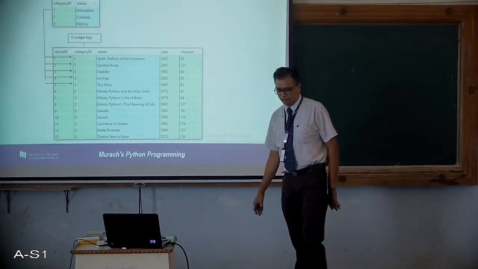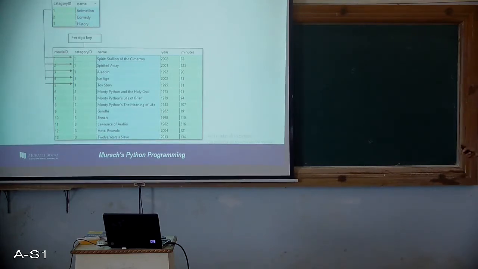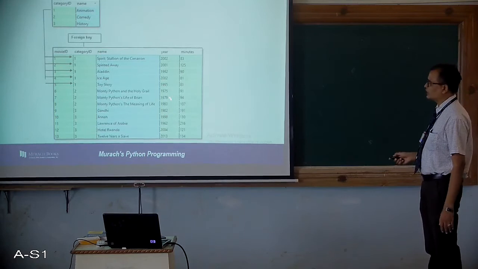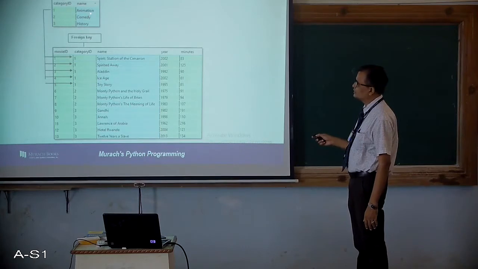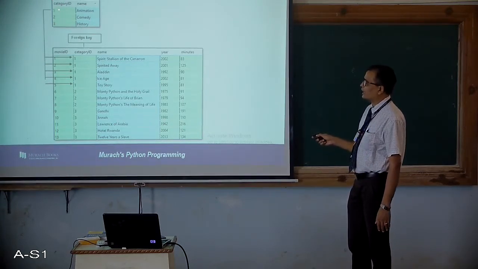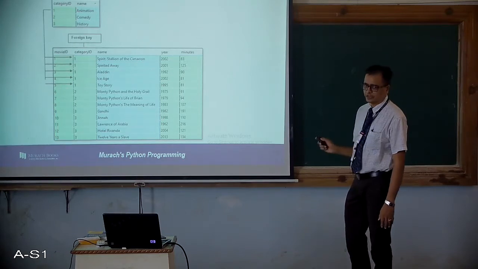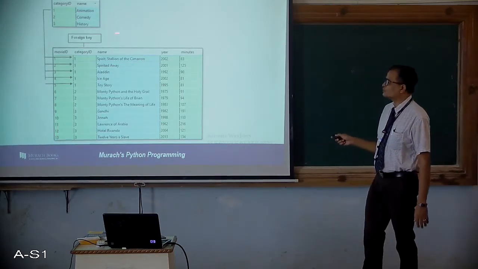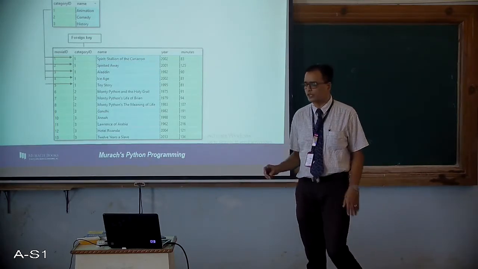So what is RDBMS? This one example would help you to understand what is a relationship between two tables. We have two tables here. One is the category table, another is the movie table. The category table contains three types of categories, 1, 2, 3, identified as category 1, category 2, category 3, and the name given to this particular field is category ID, and the names of the categories are animation, comedy and history. Got it? So this is one small table which will give you all the information about the number of categories that are possible for a particular movie.